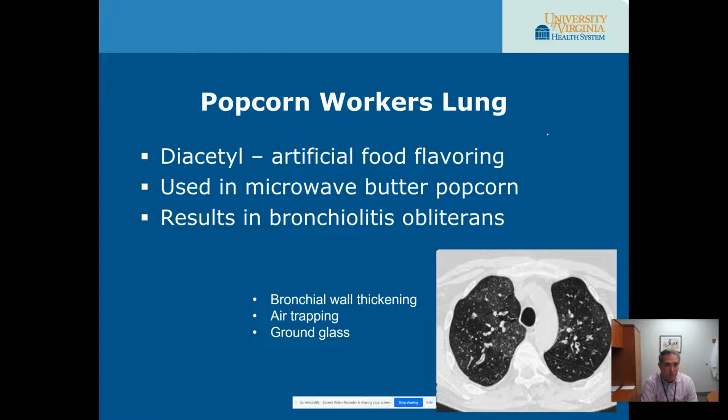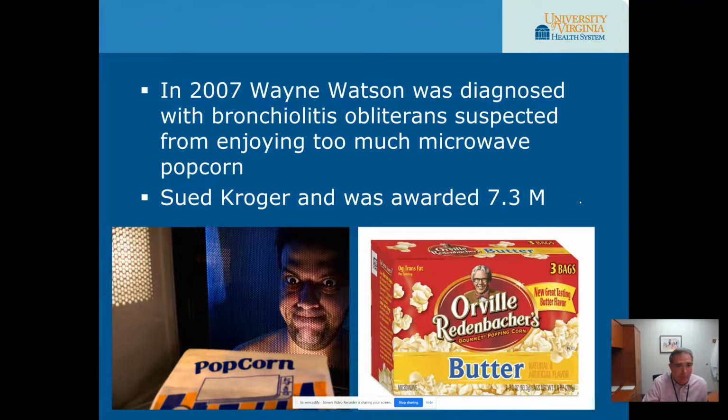It can result in a bronchiolitis obliterans pattern, which is good to just talk about. So bronchial wall thickening, air trapping, ground glass is going to be the bronchiolitis obliterans pattern. There have been some exposures in workplaces with diacetyl and cases related to that. This was someone who actually just ate a lot of microwave butter popcorn. True story. He ate 2 or 3 bags a day, which doesn't seem like that much,